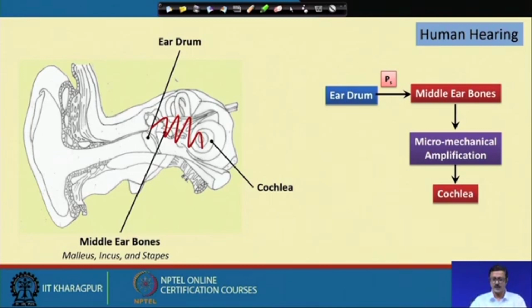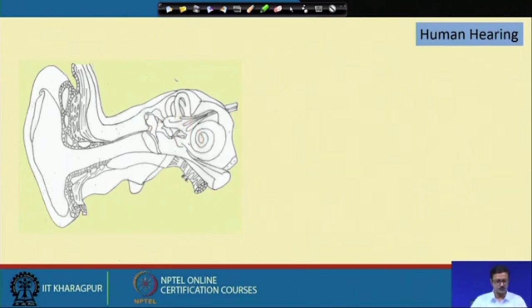So, when this eardrum is vibrated by the sound pressure, it will vibrate the middle ear bones, these three bones, and there is a micro mechanical amplification, because these three bones are hinged together and amplify the vibration, and an impulse is provided to the cochlea. These three bones and the cochlea are called the interior part of the ear, and then finally,